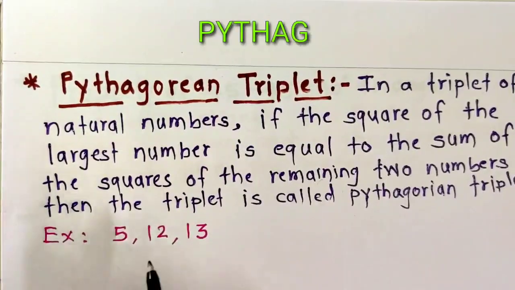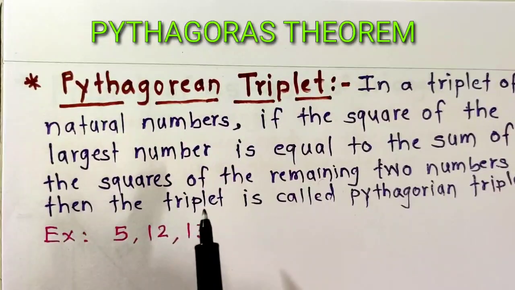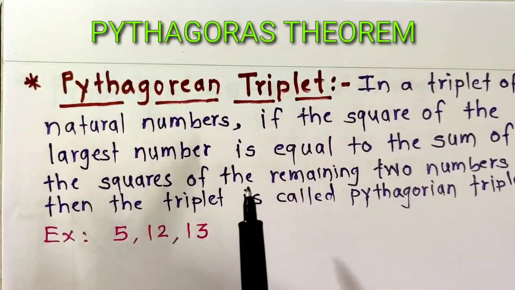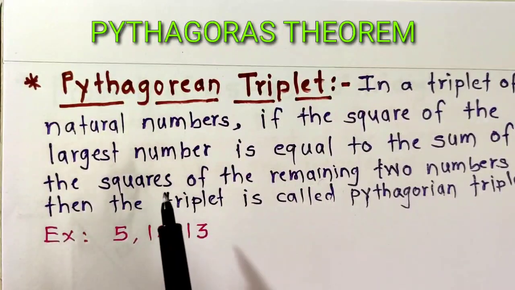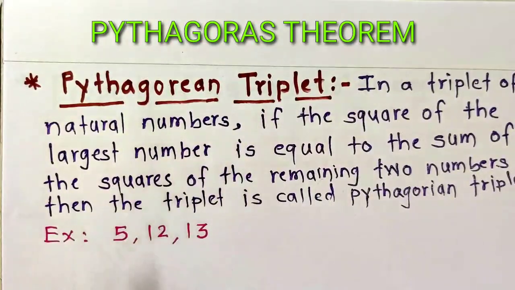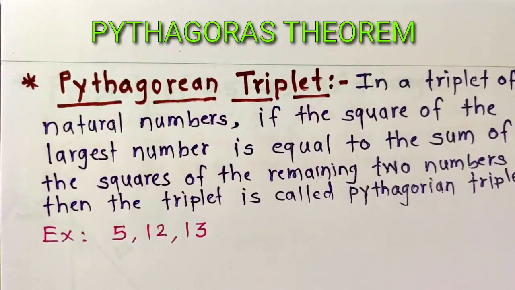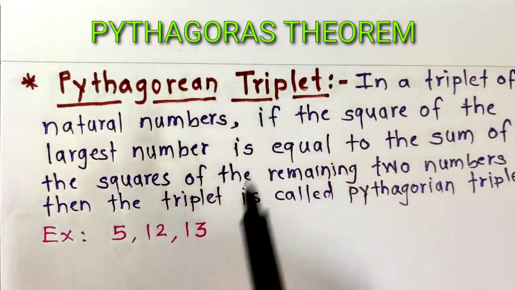Hello students, we are going to study 5 theoretical parts from the second chapter, Pythagoras theorem. The first one is Pythagorean triplet, second is property of 30 60 90 triangle, third is property of 45 45 90 triangle. These three are revision from 9th class. And then the other properties: similarity and the right angle triangle, and the property of geometric mean. So let us see one by one. First one is Pythagorean triplet.